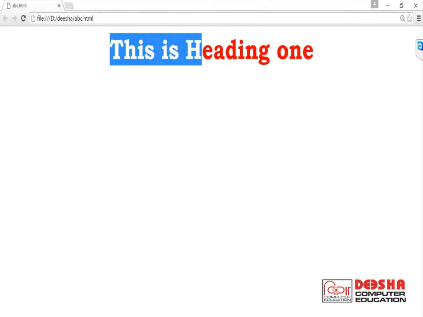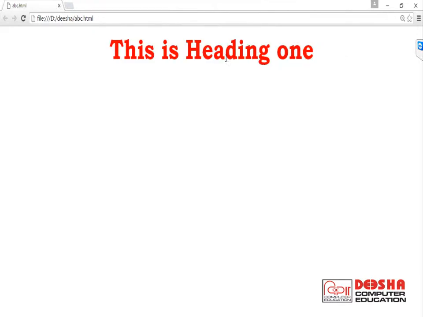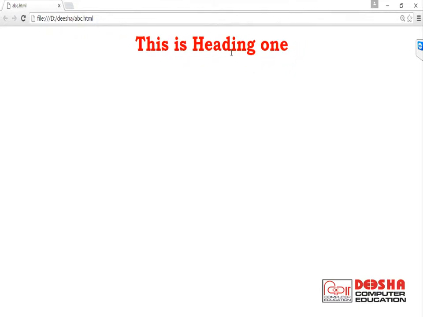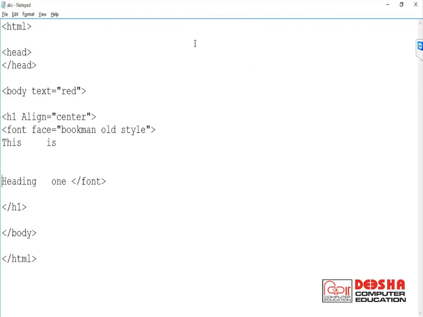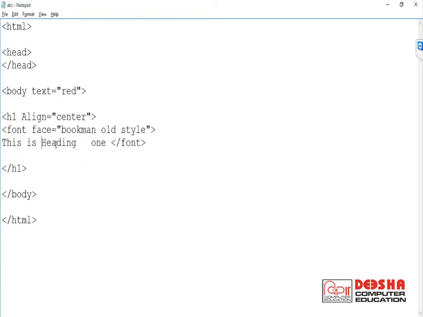You can see this is the normal text. Because the alignment is center, I can see this at the center of the document and there is no extra space added by the browser. The browser will totally ignore the extra spaces and consider only one space. If you want to break the line, you may use a different element like break that we have discussed in the earlier session.